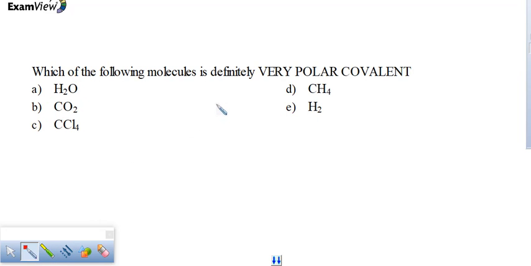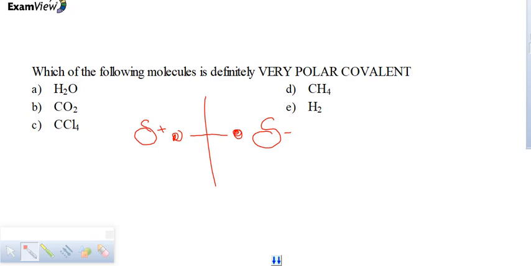Very polar covalent means that on one side of the molecule you've got another side of the molecule. One is definitely going to be slightly positive, and one is going to be negative. And very polar means it's more than just slightly, it's quite a bit. So we're looking for this aspect: if you divide the molecule down the middle, half of it is going to be